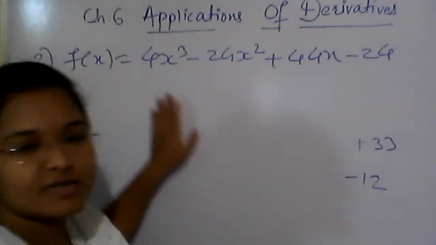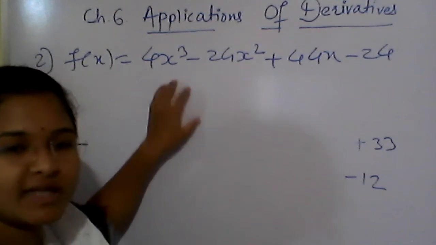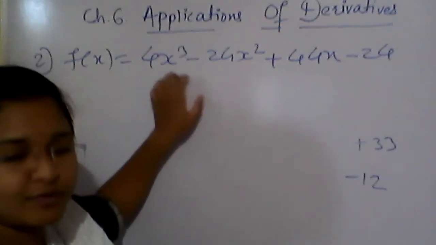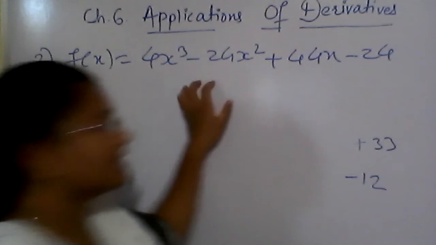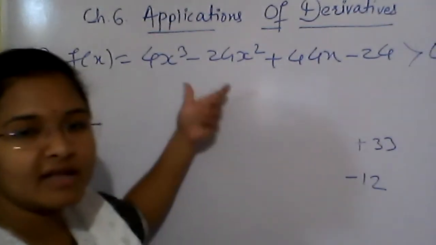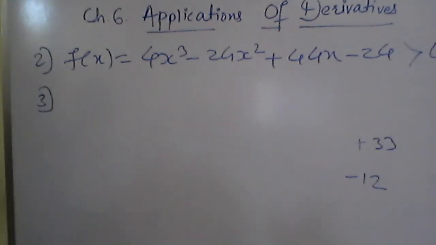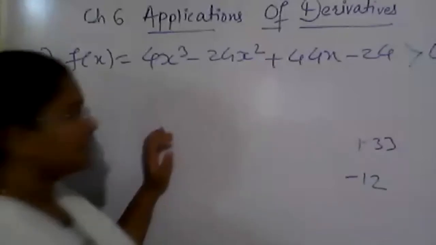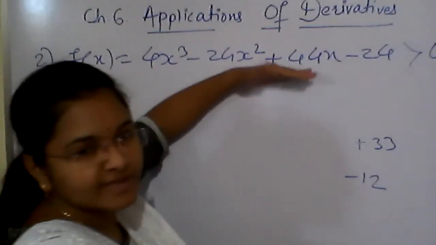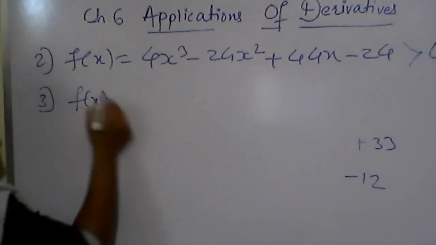See students, this question I have taken as it is, that polynomial I have taken from the first question, and in that they have asked the intervals for x, meaning they have given the condition here strictly greater than 0, and in which interval this x will be, so they have asked this. So don't solve this problem for strictly increasing and decreasing function, please keep it as it is. I will give you another question.